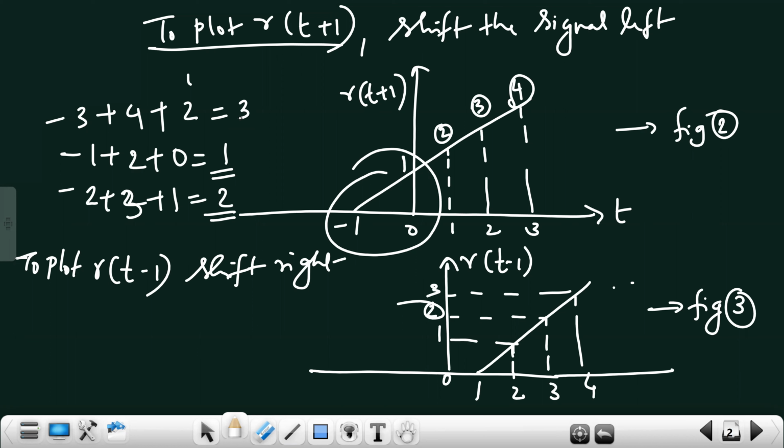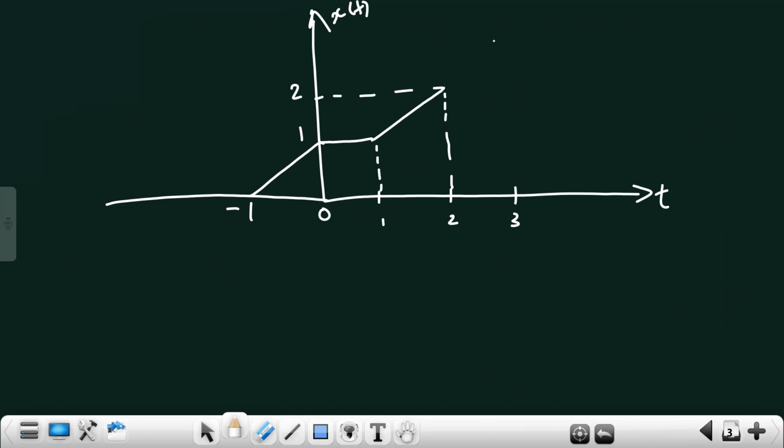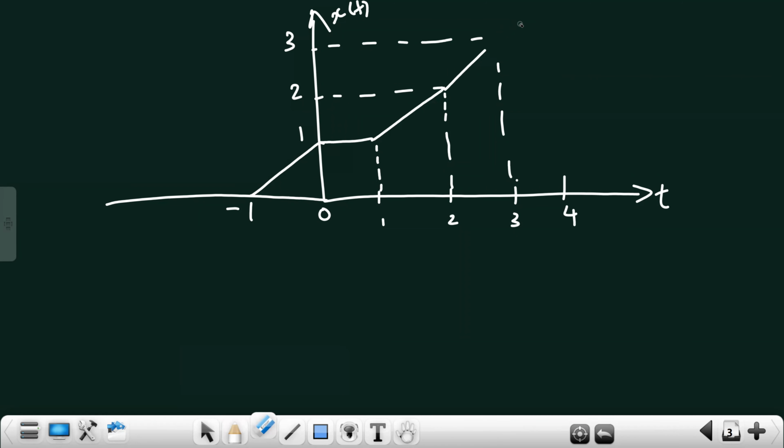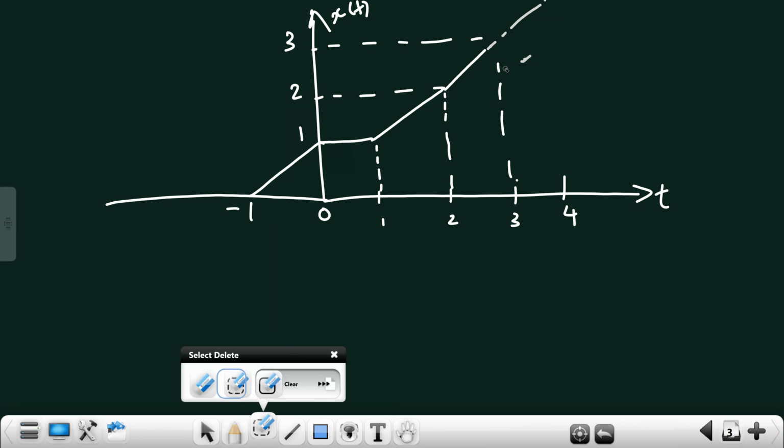So come back to the final figure and plot. So at t is equal to 3, you are having 3. I think this will continue for long. That is at 4, you are having 4, like that it will continue. So you can put an etc. over here. Like this, you can put an extra. That's all. So this is the final plot after adding the individual figures.